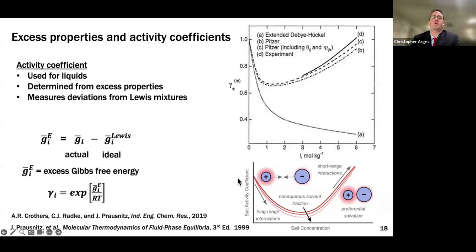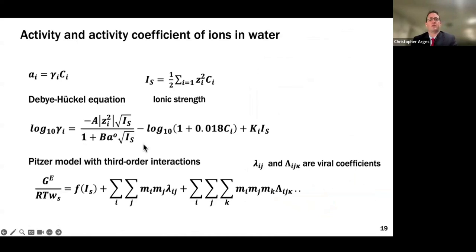And the thing with the activity coefficients, why they're so difficult to determine from theoretical models, is that you have multiple molecular interactions, long-range interactions and short-range interactions, that will affect the activity coefficient. So here's the Debye-Hückel model shown here. It's actually a pretty straightforward model. This is the ionic strength, the concentration of the ion solution, and then this B and a superscript naught term would be some known parameters for that salt value.